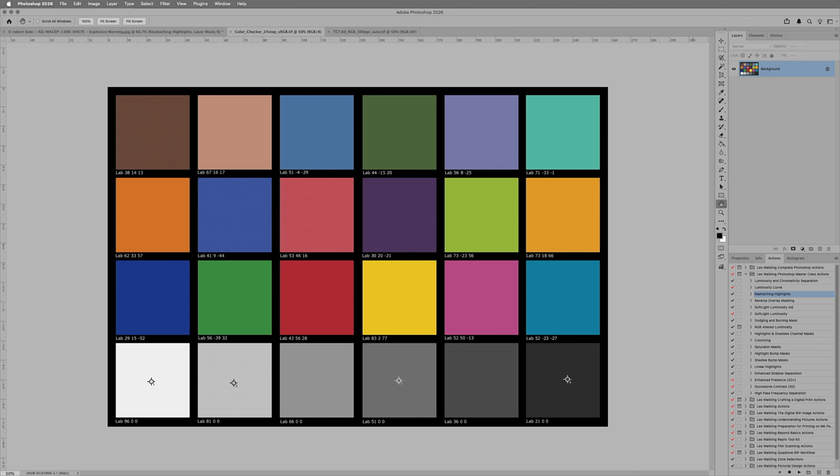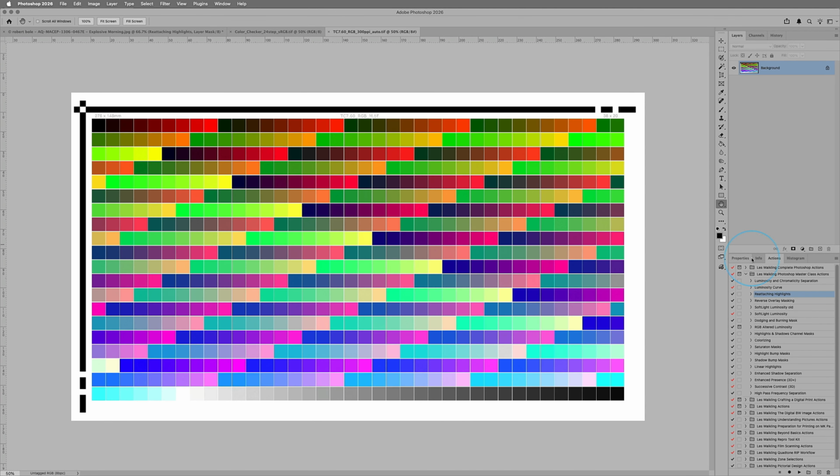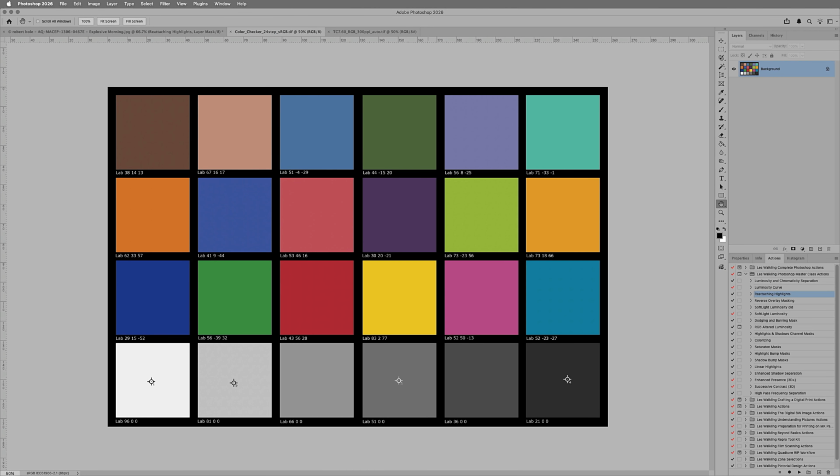Now let me demonstrate in real time. Here's our 24-step color check that's in the resources for this workshop. This is the sRGB encoded version. We typically use much larger targets like this, but for this demonstration, using a 24-step color checker to simplify the